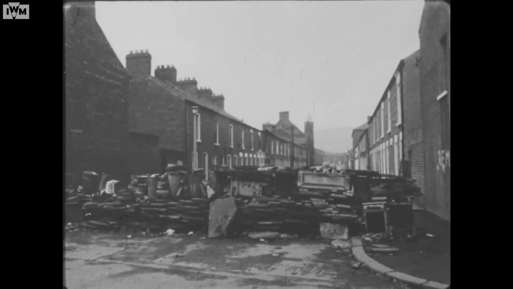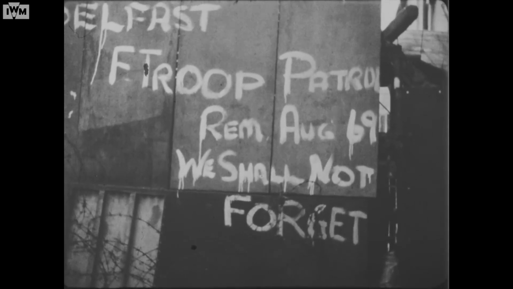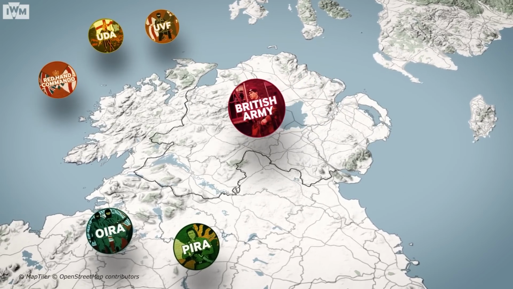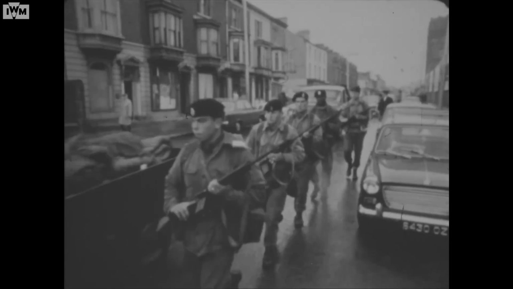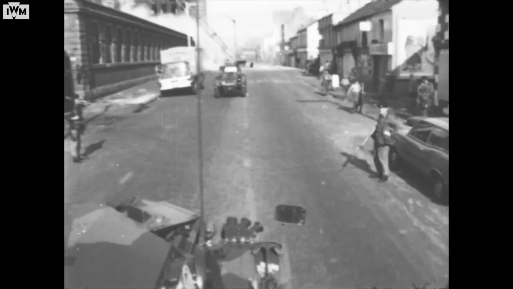The Provisional IRA escalated their armed campaign against the British and Northern Irish security forces. Many nationalists saw the Provisional IRA as defenders of their community, and loyalists saw them as dangerous insurgents. In reaction to this violence, the British Army were deployed on the streets in Operation Banner. They were called in to support the RUC and protect infrastructure and civilians, but ultimately their presence served to escalate the situation.